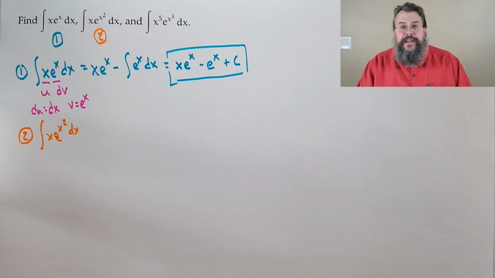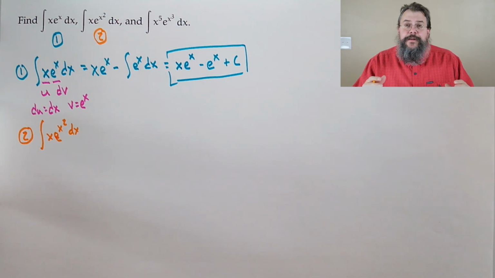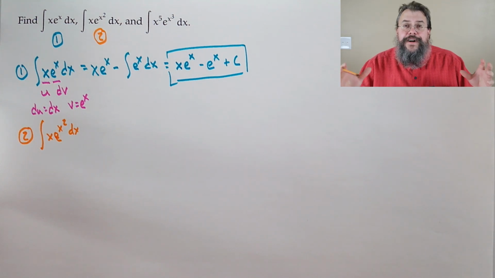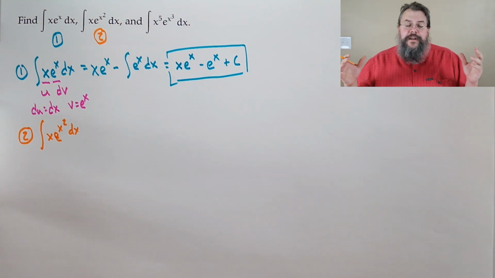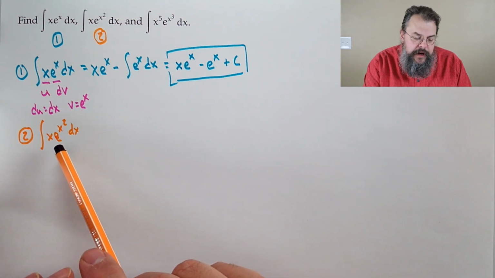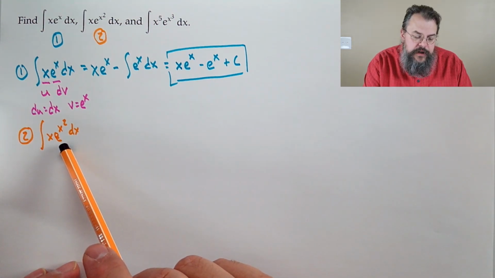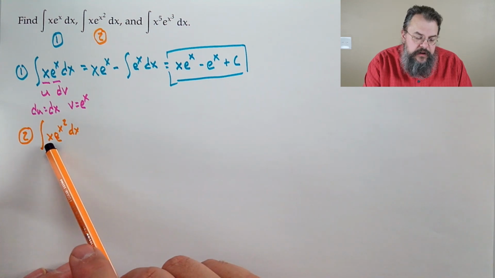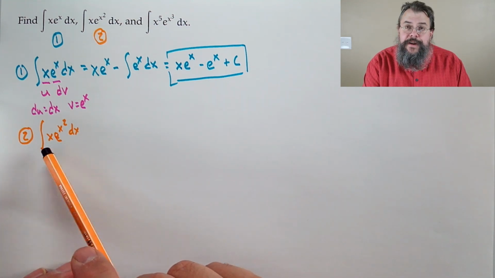We don't know how to integrate e to the x squared. Not that we're not very smart. It can't be done in a nice way. So we say, well, this part we can't possibly integrate. We could differentiate it, but that would mean this part would be the part that we'd have to integrate, which